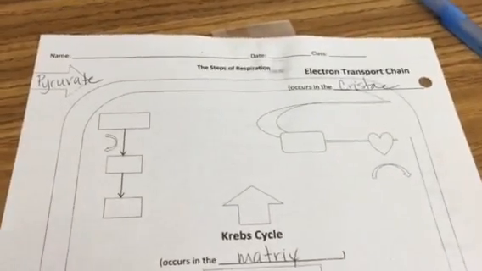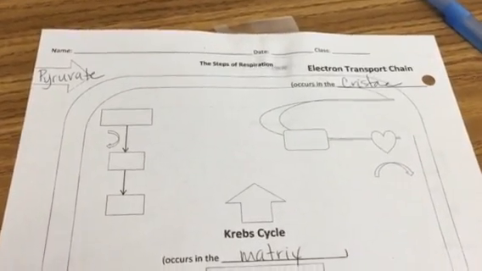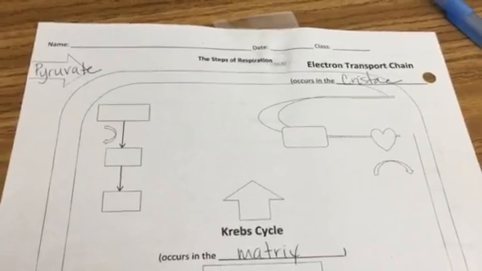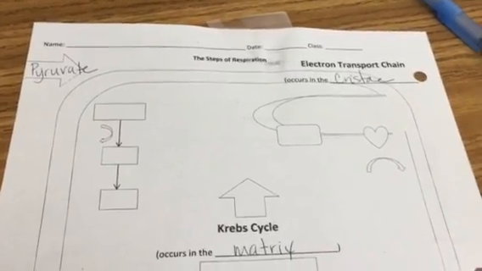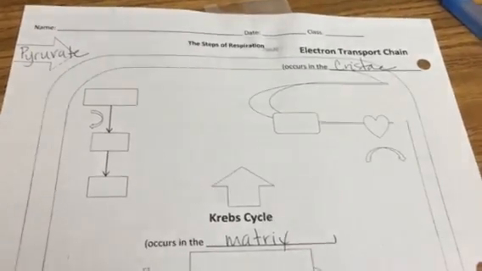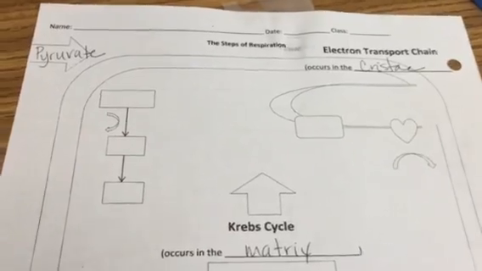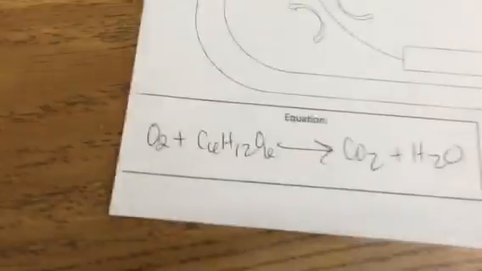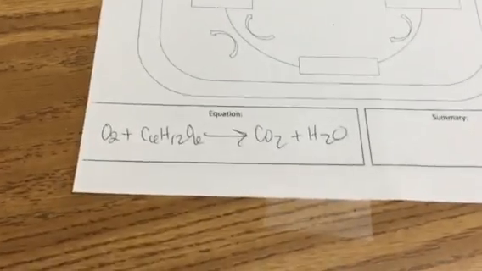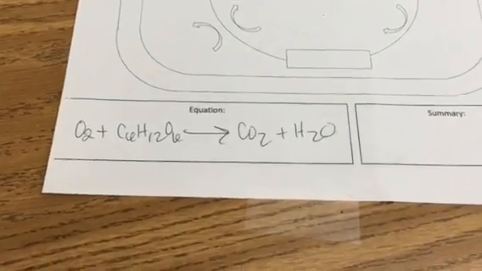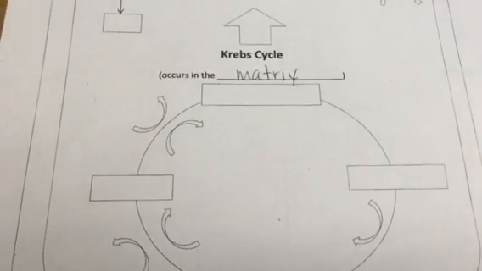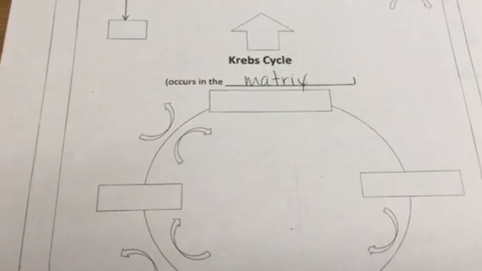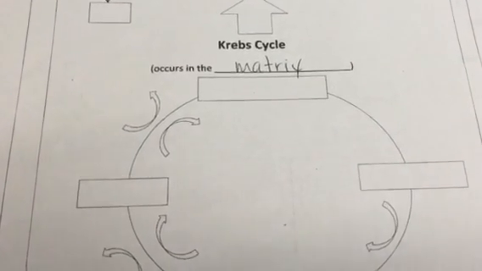Okay, so now we have the second part of respiration, where we're going to take our pyruvate and further break it down, release carbon dioxide, and eventually make some ATP, which is the whole point of doing this in the first place. As you can see, I've already got my equation written on here: oxygen and glucose yielding carbon dioxide and water. The Krebs cycle is going to occur in the matrix, which is the innermost portion of the mitochondria,